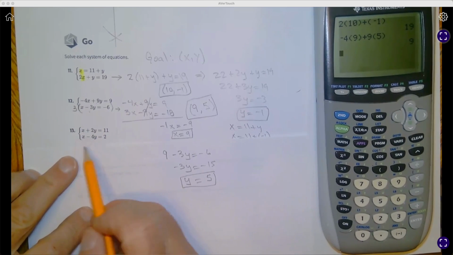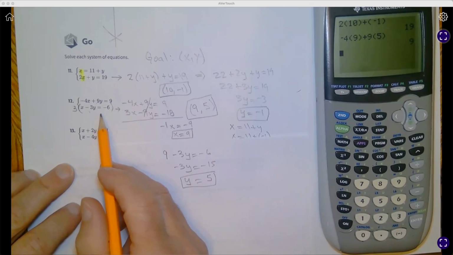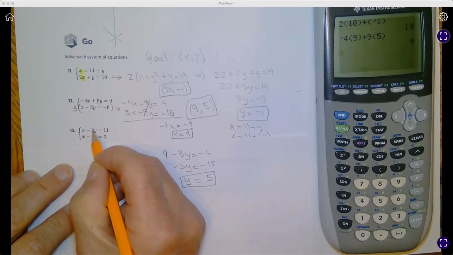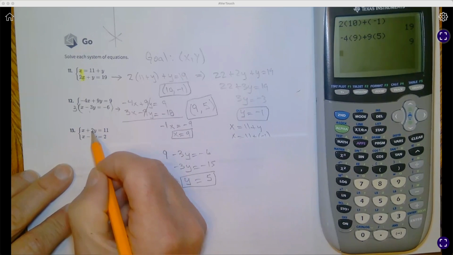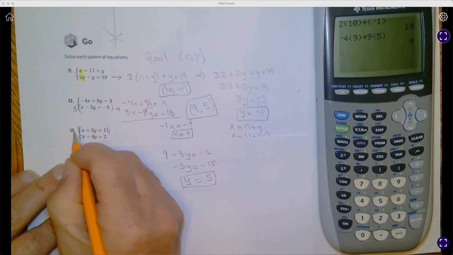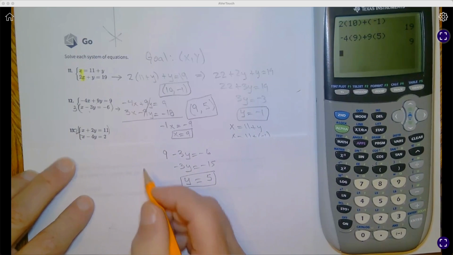Okay, notice this one I'm actually going to do the same method I did before. I'm going to multiply this top equation by 2, because 2 times 2 is 4, and 4 is the opposite of negative 4. So I'm going to multiply this by 2. And that gives me